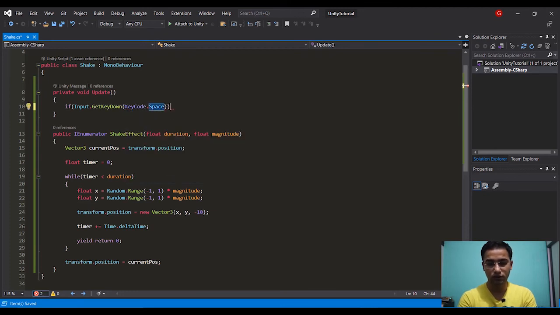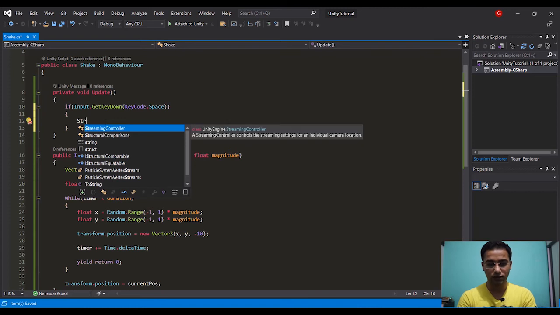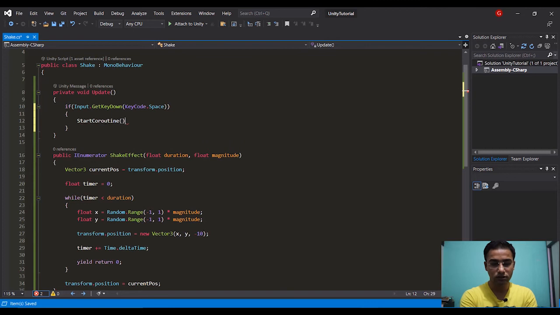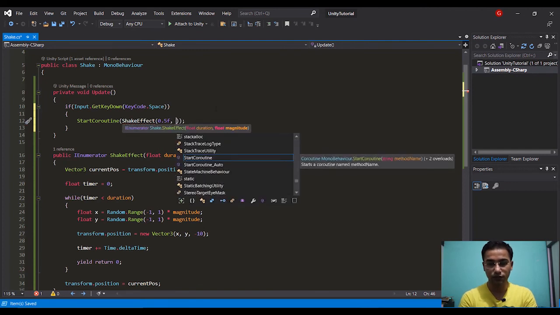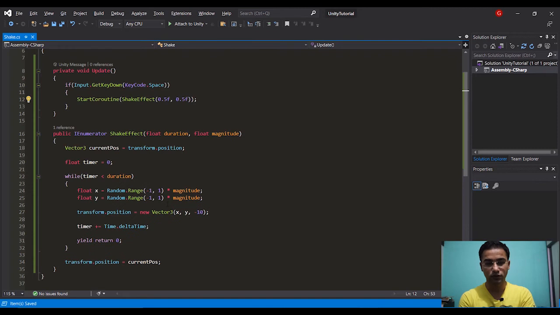So whenever I press the space key, I want to start this coroutine. So I'm just passing this coroutine, and now I want to pass the parameter values respectively. So it will be my duration, and this is gonna be my magnitude. Okay, and I think this is done.